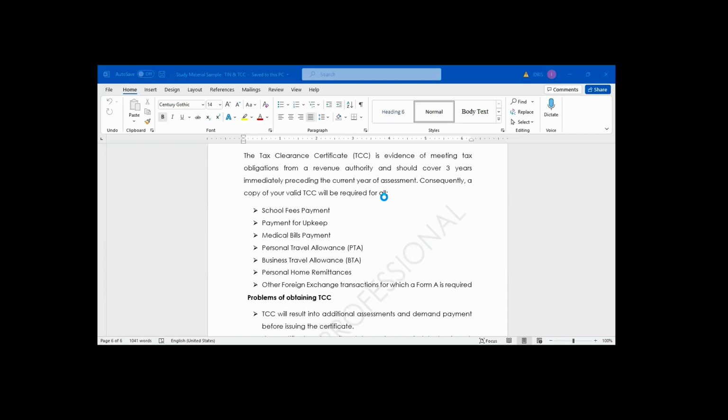What is multiple tax? Multiple tax is different from double taxation. Double taxation means a situation where income is subjected to tax more than once in different countries. You are abroad, you earn an income abroad, they collect tax on it. You take the income to Nigeria, the Nigerian government asks you to come and pay tax on the income again. That one is double taxation. It involves two or more countries.